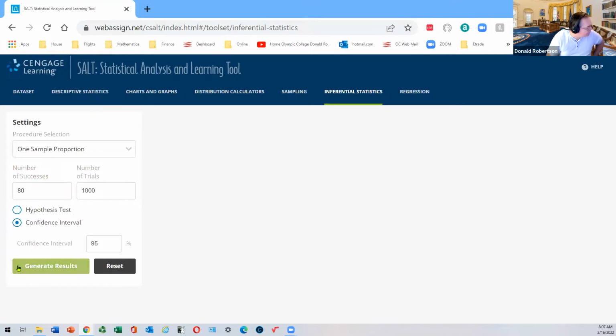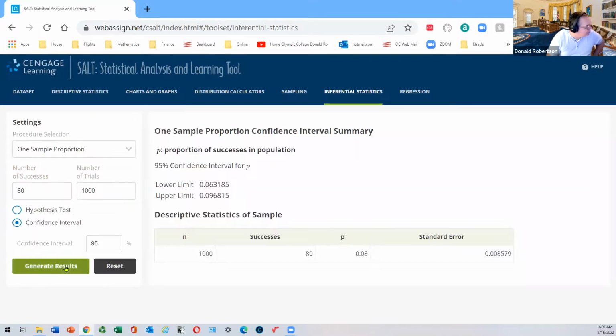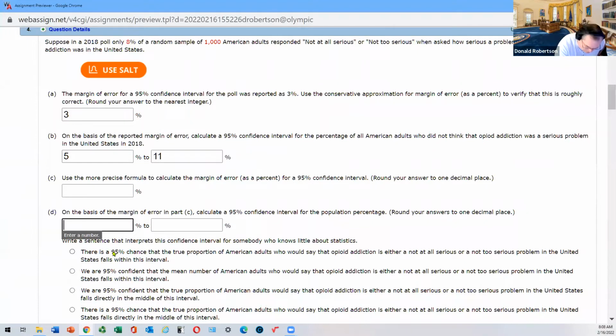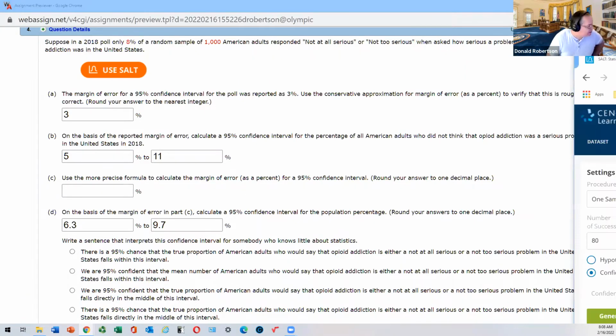Hit the confidence interval button and hit generate results. And there's your answer. That's about 6.3%, 9.7%. So 6.3% goes here, 9.7% goes here. Now, if you wanted to know the standard error,